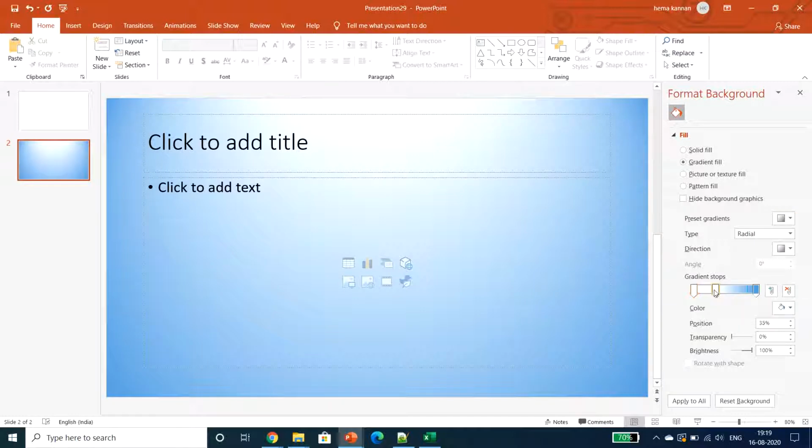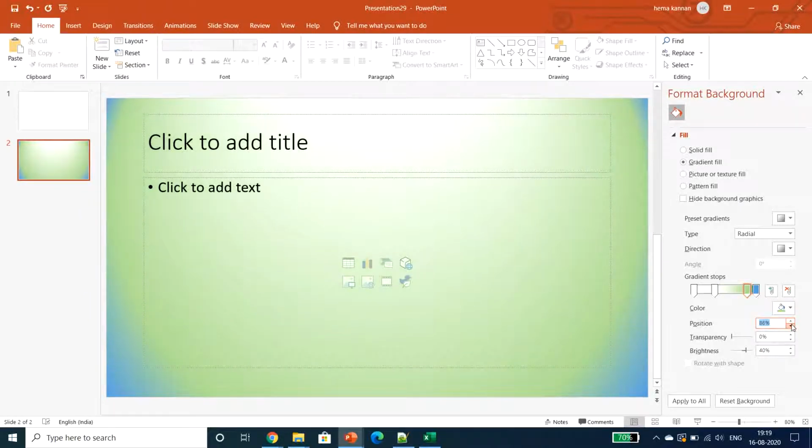Here the gradient stops are also mentioned. We can move this gradient stopper or these presets, and we can also add one more. We can select a different color we need. If I need this one, I can choose this also, and my position can be varied like this.